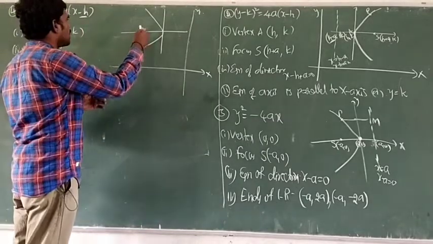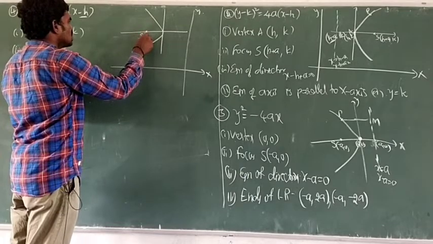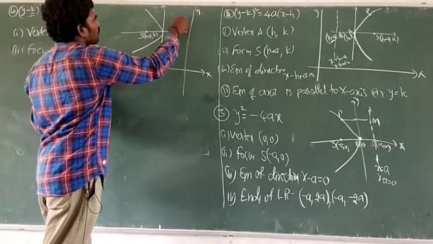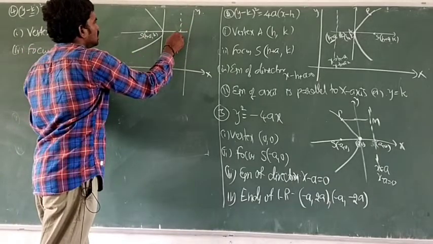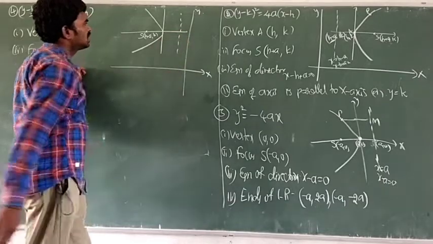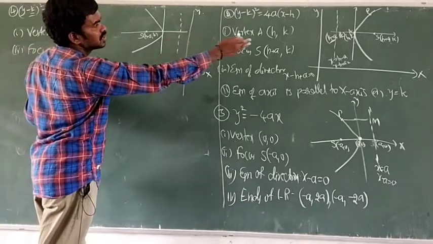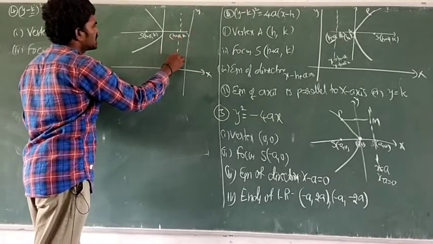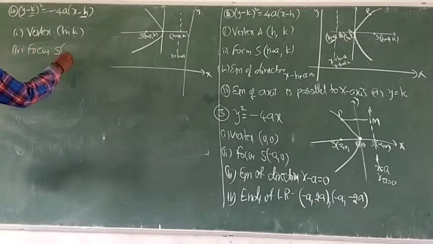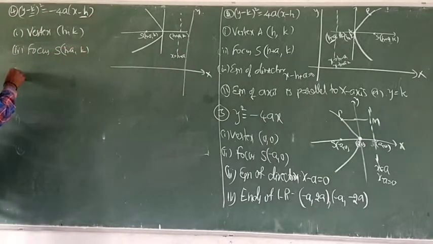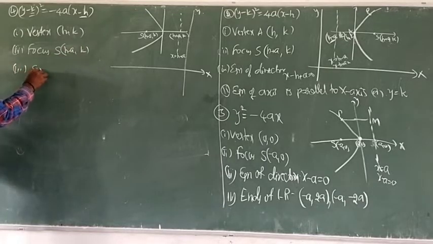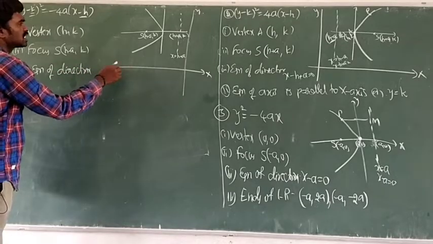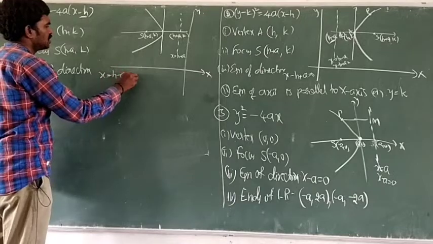Okay. First let us see the diagram. This is the focus. This is on the left side of the x axis, it is minus a, it is k. So for the directrix line, see there, h plus a comma k. So here the directrix equation is x equal to h plus a. Focus is h minus a comma k. Third one, equation of directrix: x is equal to h plus a, or bring to the left side, x minus h minus a equal to 0.